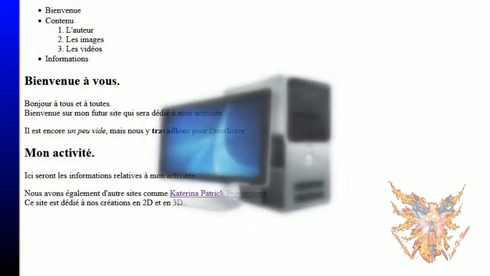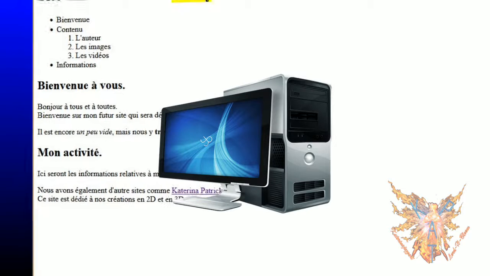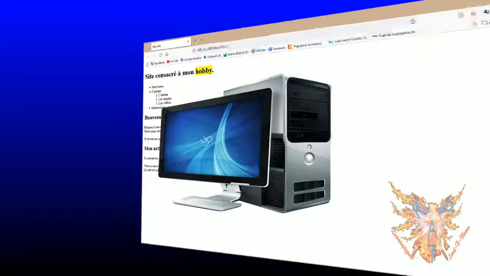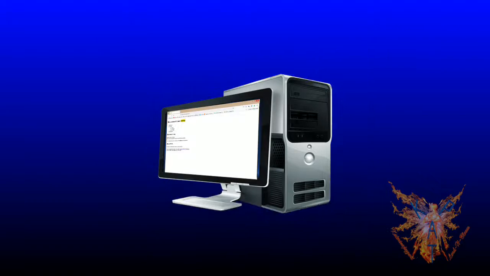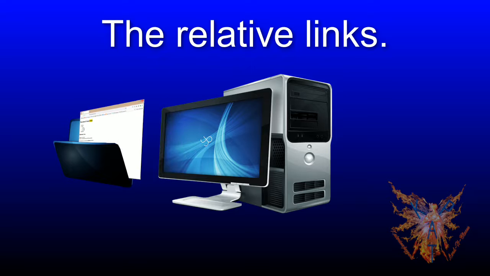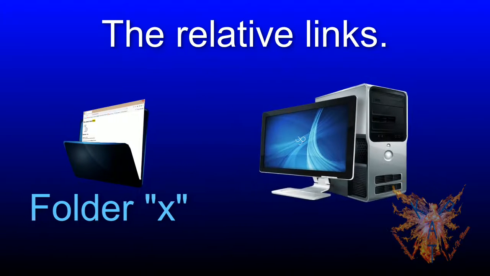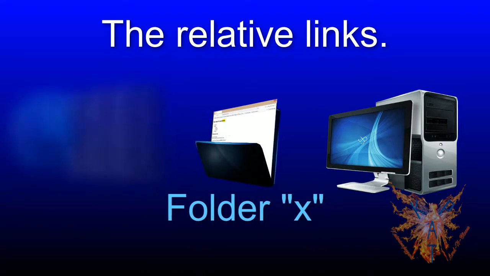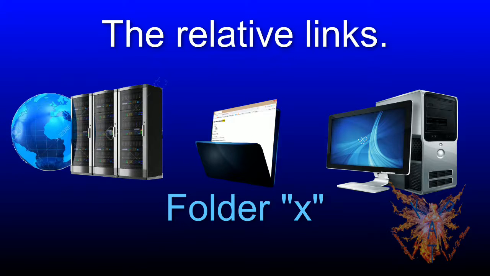Indeed, for the moment, our site is exclusively created on our computer, and does not have a URL. But HTML will offer us the solution, with the use of relative links. That is, links relative to the current position of the displayed page, whether published or not. Which means that our page is currently located in a folder X, whatever the initial position of this folder, either on your hard drive or on a server. For the moment, this page is named